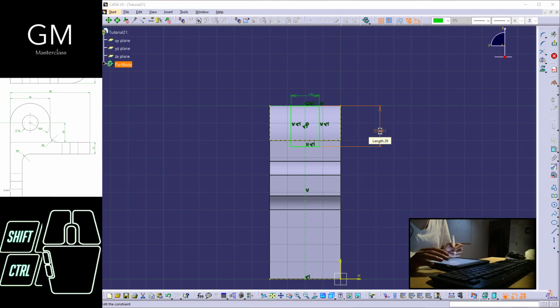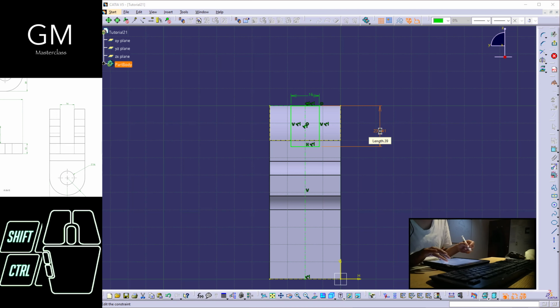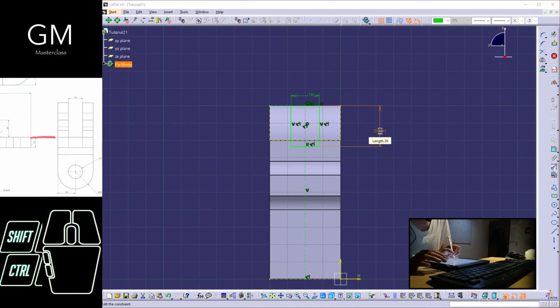I repeat, right here I have 20, until here, from here to here I have as well 20. And as you can see right here, this is the dimension that I require. So 40, enter,